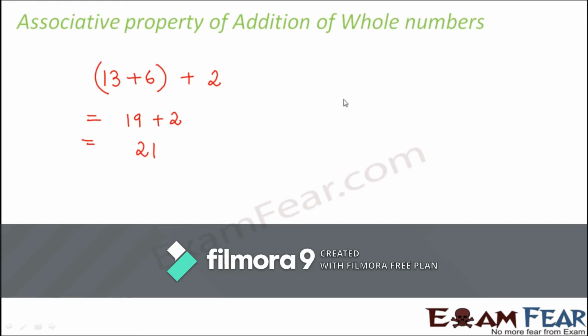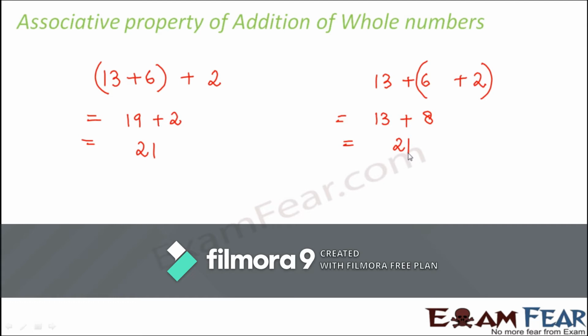So we basically do not change the position. You see the position remains the same. We just change the position of the bracket. So now we put the bracket here. The moment we put the bracket here, what happens? How do we calculate it? We now perform the operation which is inside the bracket first. So it becomes 13 plus, and this operation will be done first, which is 8. And the result is still 21.